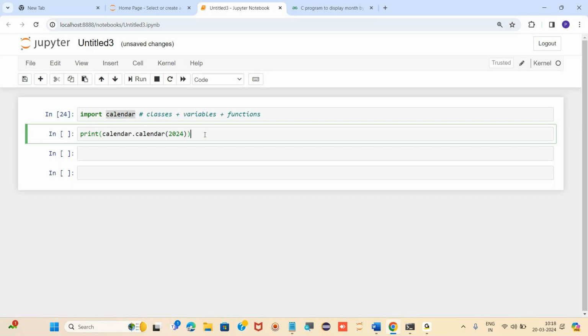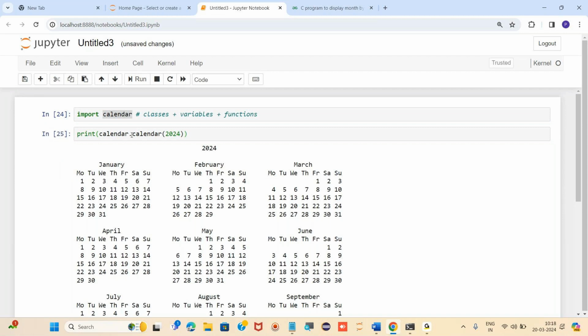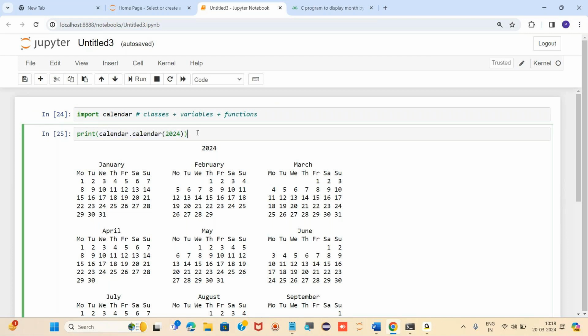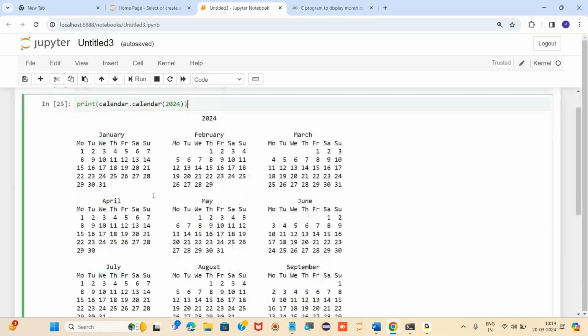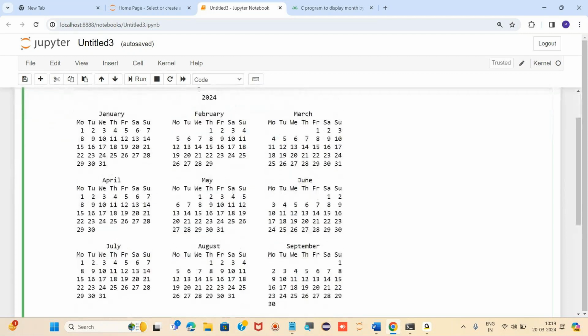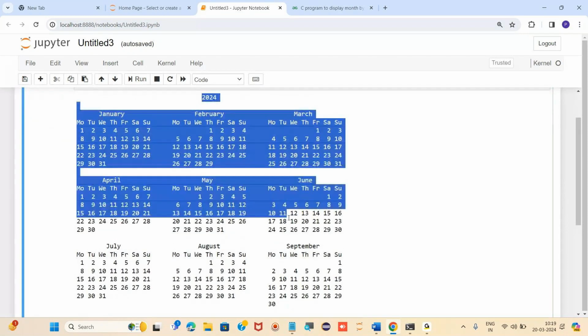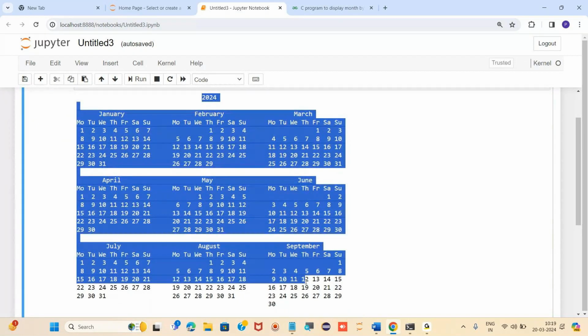Now with just two lines of code, one for importing the module and the second for printing the calendar of 2024, here you can see this much we are getting.